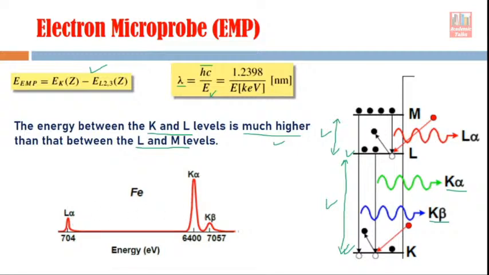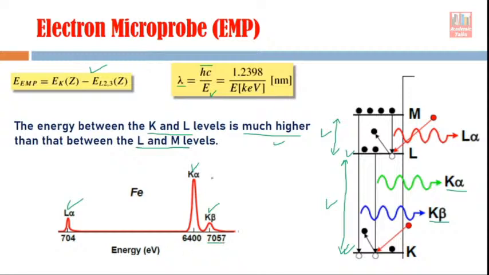I told you that in a single element multiple transitions are possible, and corresponding to all those transitions we have an X-ray energy. For example, there is a K alpha peak, a K beta peak, and an L alpha peak. You can see that the highest peak energy is in the case of the K beta transition, which is from M to K. This is the largest energy gap in the present case, and that's why the K beta energy is at